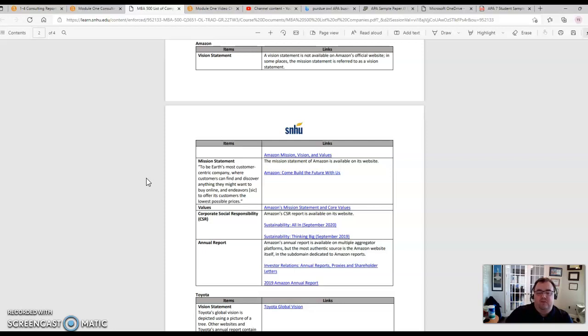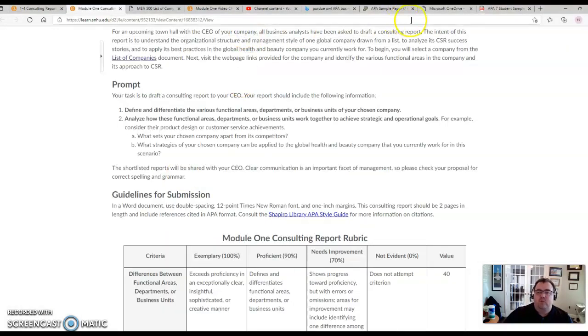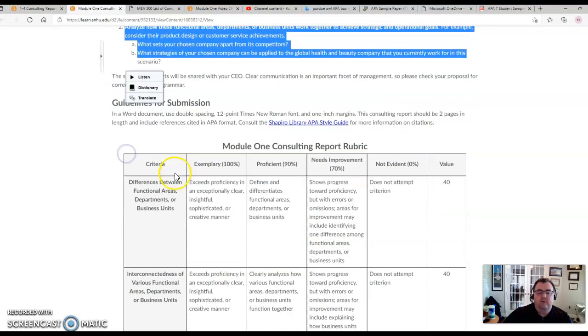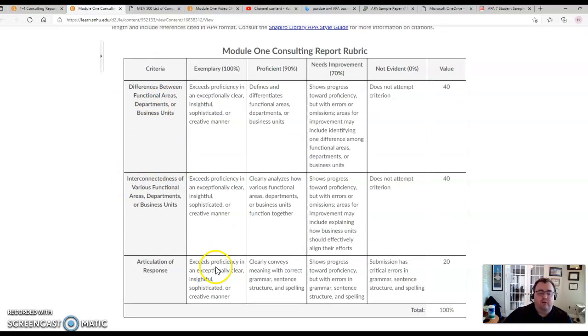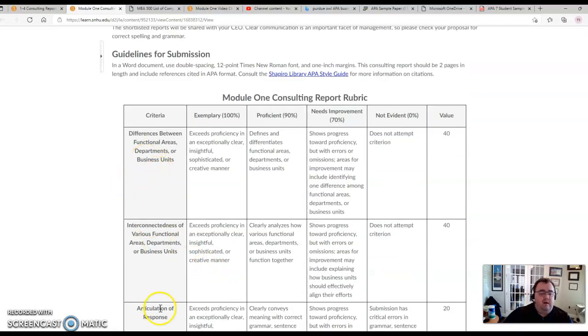Now, for these business units, there are functional areas that support them. Functional areas are finance, IT, information technology, legal, human resources, marketing, communications. All these support the business. So you know who you're writing the paper for, what the intent is. We went over this before, what you need to cover, and then you know this is what I'm going to get graded on, right? So this is your outline. Very, very simple, straightforward outline.